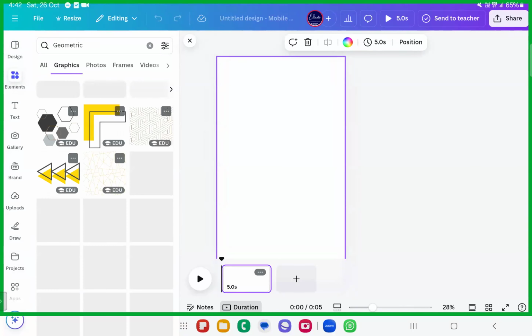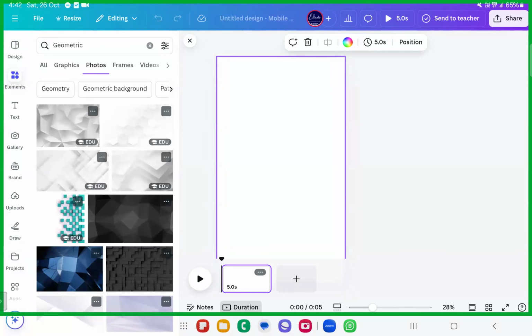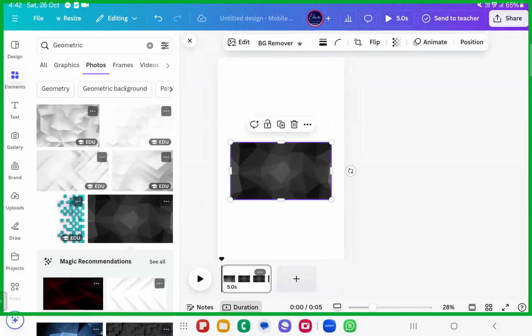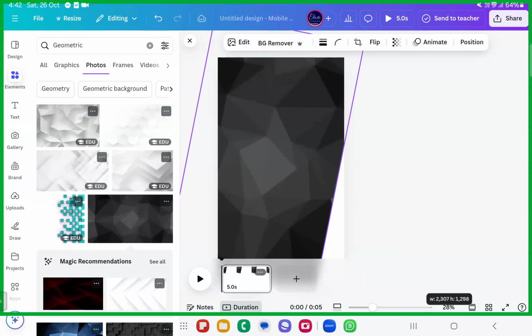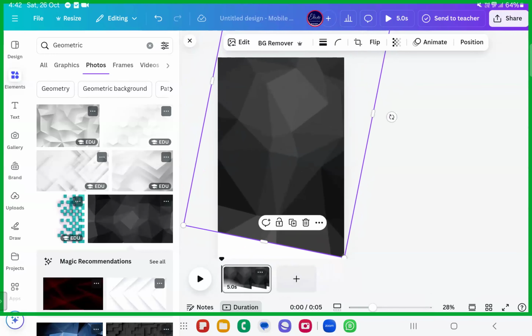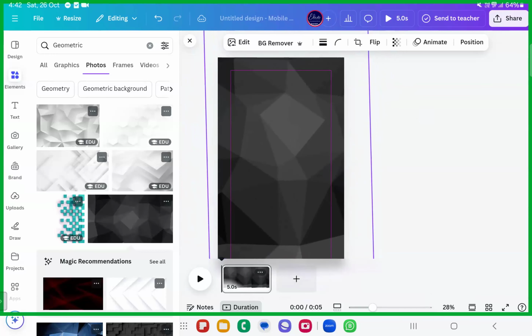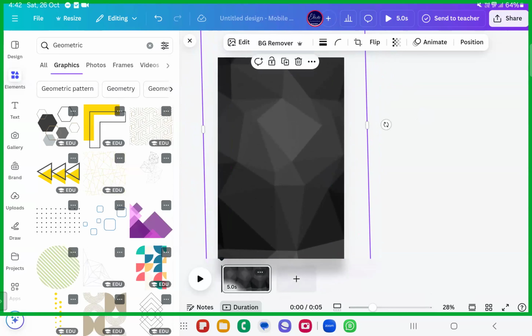Once you take the geometric backgrounds in the form of the photos, these are geometric backgrounds. Once you take this, you can combine this with the geometric graphics. You have to write this down. Make sure you're writing it somewhere, because being a pro designer, if you're going to serve your clients in the future, you have to know these aspects.